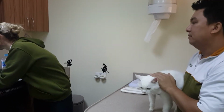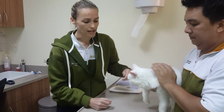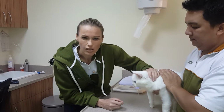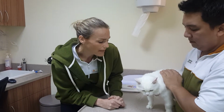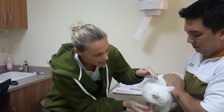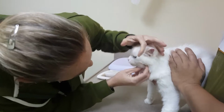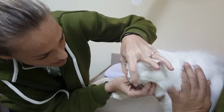Now, we generally have their details up, so we know that BB is a 13-year-old and he's a neutered male. So, he's a little older, so we want to be checking out his mouth, having a listen to his heart, having a feel of his tummy. Those are the types of things that we'll be doing. And so we start generally tip to toe, and now when we look, he's not very happy with his mouth